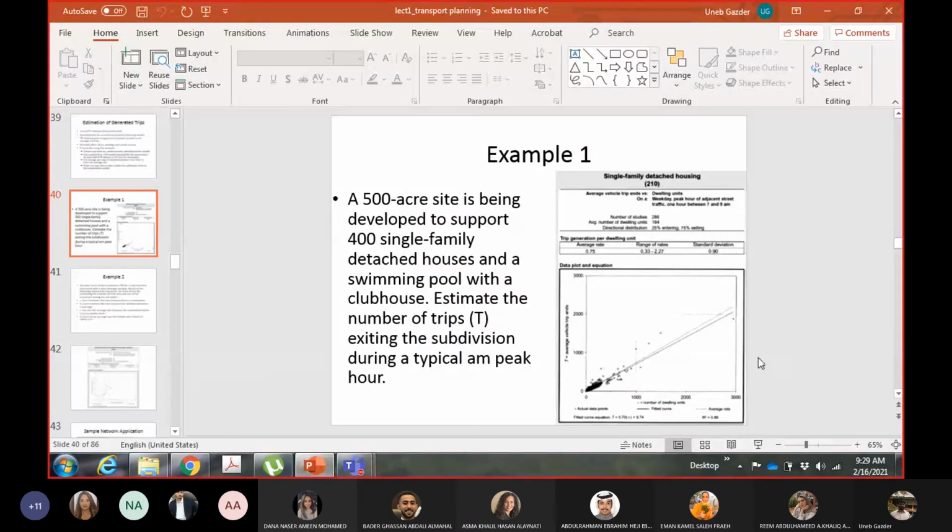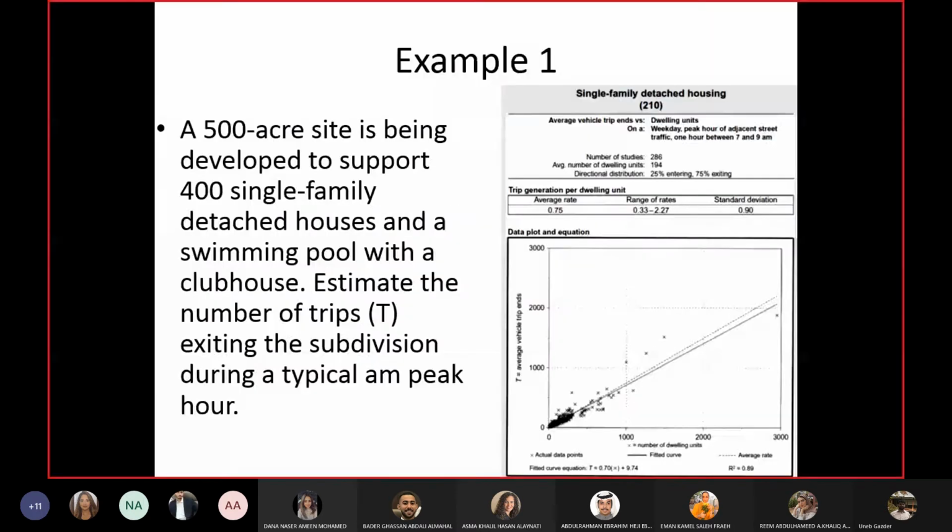Just one thing which I was trying to explain, the calibration limit. You can see the maximum point on this graph is close to 3000, and my number of housing units is 400, so this is under the limit. This is the calibration limit. This was the last point which I was saying when the slides were not sharing. So 290 is the number of trips you can assume coming out of this facility in the AM peak hour. In the AM peak hour, I'm assuming 290 people to come out of this facility.